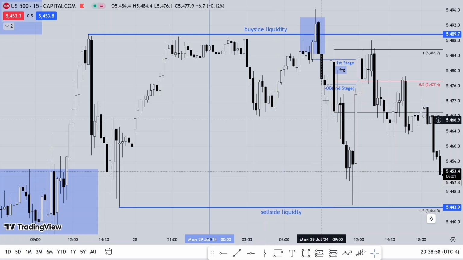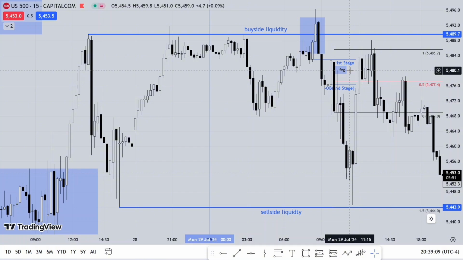When price was inside of this fair value gap, from the video on premium and discount, we noted that every PDRA below the current market price, when the time was 10:15 a.m., was this low here, this liquidity void here, and this